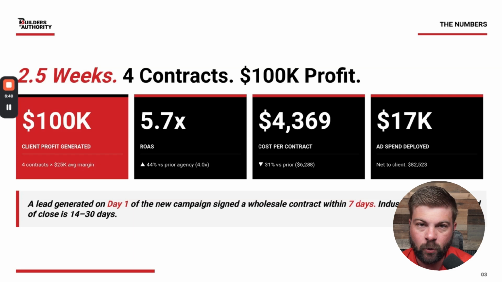days. Now, industry norm for cash buyer lead to contract is typically 14 to 30 days, from the time the lead is generated to the lead actually signing a contract. So day one to contract in 7 days only happens when that search intent was already at the transactional stage. So at this point, you'd be thinking, okay, BOA must be running cheaper ads, better keywords, sharper bid management. And while that is true, the truth is that it's way more boring than that and way more important